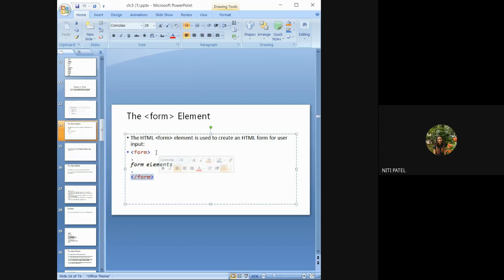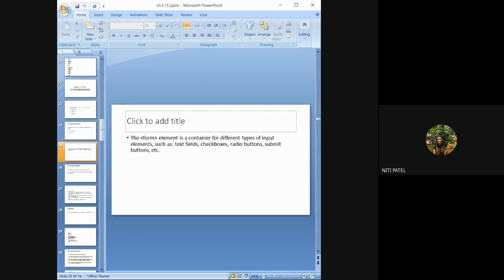Okay. So when you create a form, see to it that you do not forget to open this form tag. Once your elements are added, do not forget to close the form tag. Okay. So form is going to be recognized in your HTML by using this opening of form tag and closing of form tag. Okay. Now, this form element is a container for different types of input elements, such as we can have text fields,